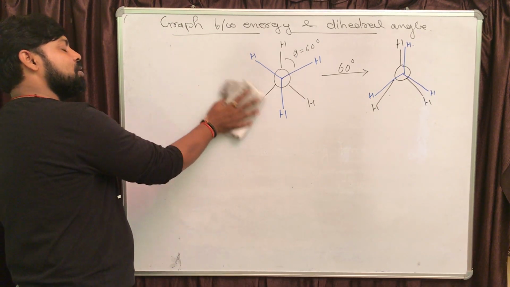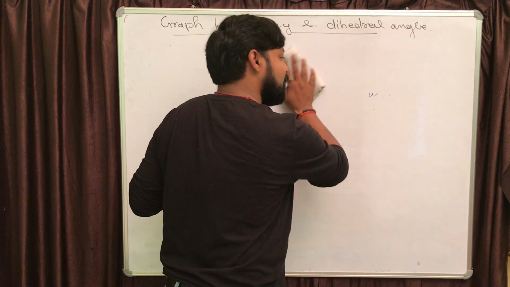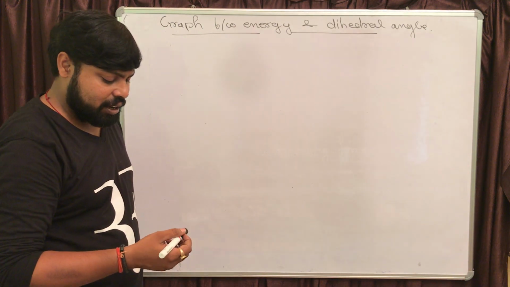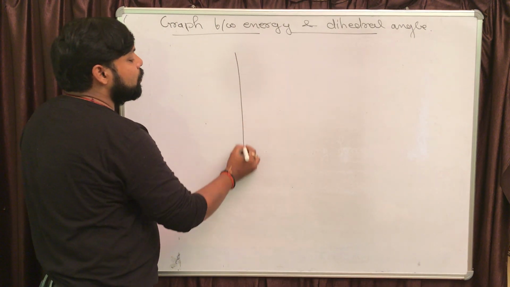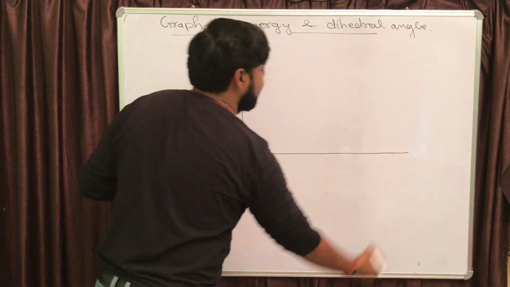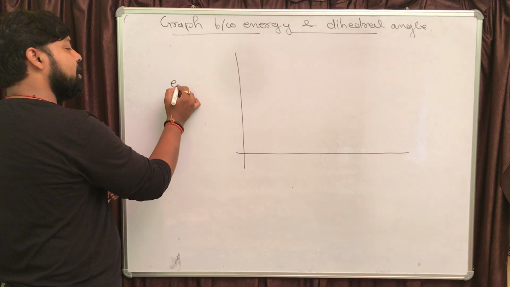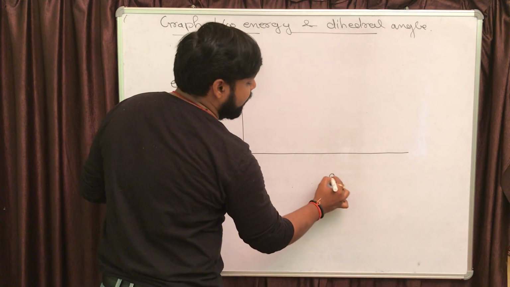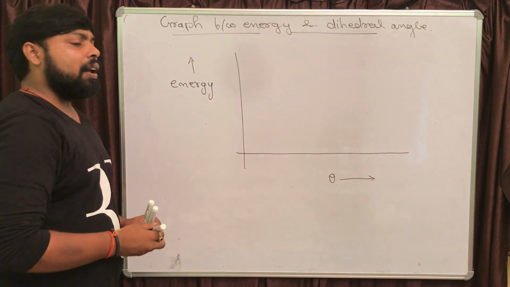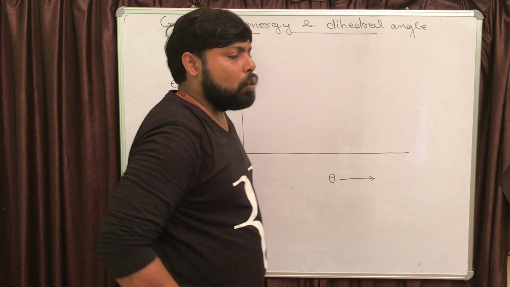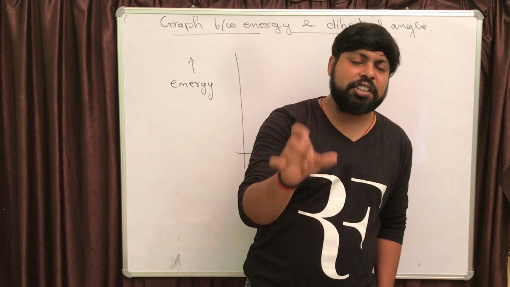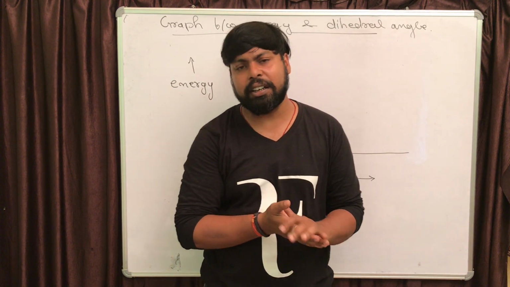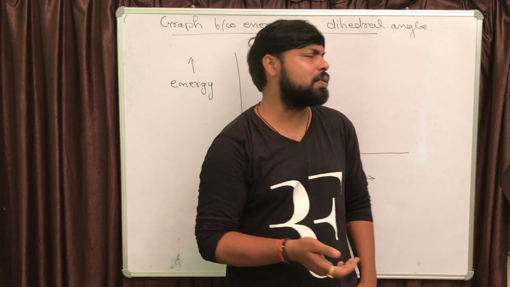But for this situation, for ethane, if you are drawing the dihedral angle versus energy graph, alternatively you are going to get eclipsed, staggered, and so on. On the y-axis I am going to take energy, and on the x-axis it is dihedral angle theta. We are having two extreme forms of conformer. If you are rotating 60 degree, 60 degree, 60 degree, one is eclipsed, another one is staggered. Definitely the energy of eclipsed is going to be more than staggered.